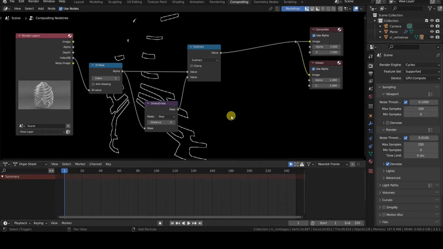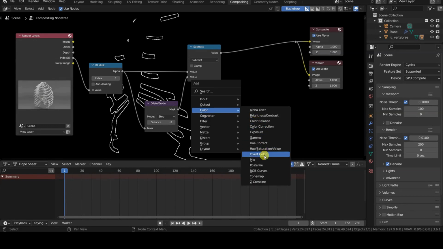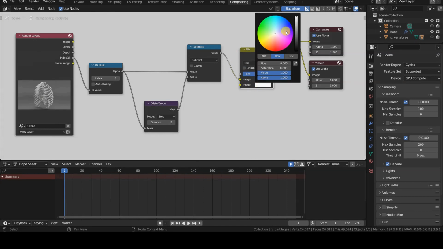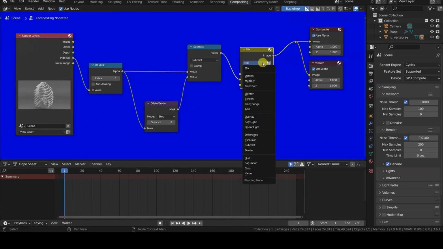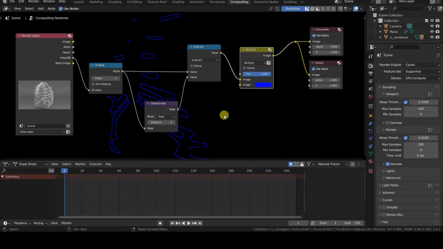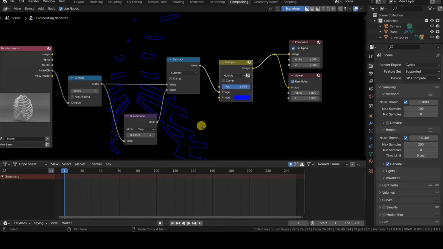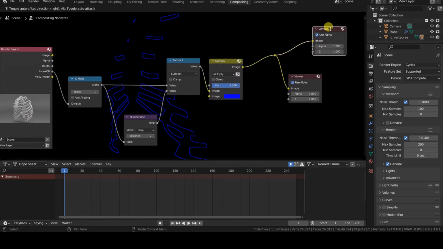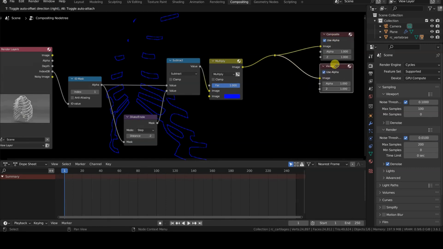First, let's color the mask by simply multiplying the output of the Math Subtract node with blue using a Color Mix node, in which we'll set the mode to multiply. The result of multiplying by white is indeed the color by which we multiply, while multiplying by black always yields black as the result, since it's equivalent to multiplying by 0. Since our starting image is white only at the edges of the cartilage object and black elsewhere, multiplying it by blue will give us blue in place of the white areas and black everywhere else.